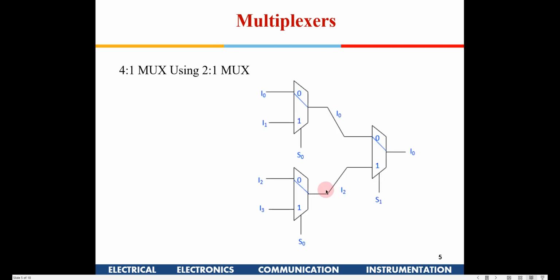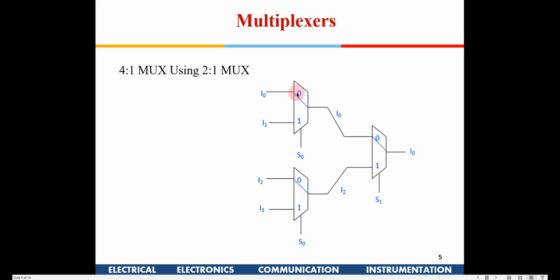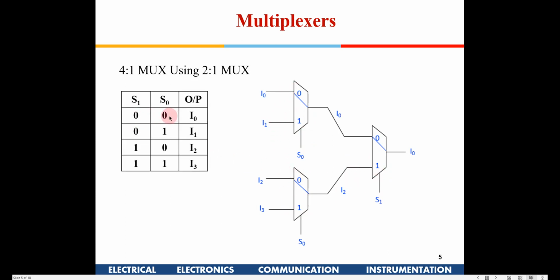Okay. Now this is known as a 4 into 1 mux. The 4 into 1 mux can be implemented by 3 2 into 1 mux also. So this is doing the same function. If you see here 0 0, these are the same lines. S0 and S1: these two are the S0, they are the same lines. This is the S1 line. So when I give 0 0, this connection is going to be made here, and similarly this connection is also going to be made here, but S1 is also 0, right? So this connection is going to be made here. So you will have I0 available as the output. Okay, for the first condition.